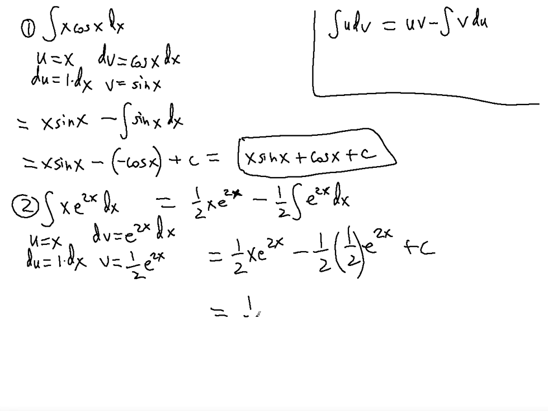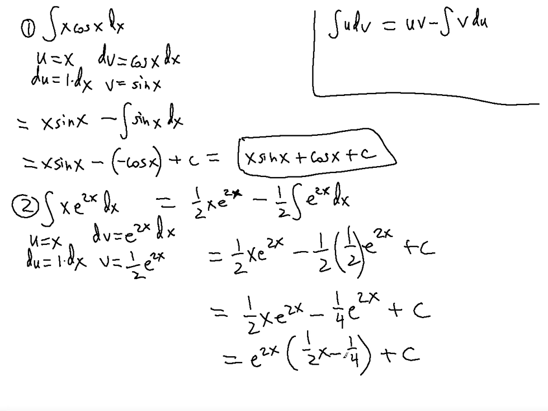That's going to give us 1/2 x e to the 2x minus 1/4 e to the 2x plus a constant. We can probably combine it by putting the greatest common factor outside, and we can have e to the 2x times 1/2 x minus 1/4, plus a constant. You can do it this way if you want. But basically, this will be your